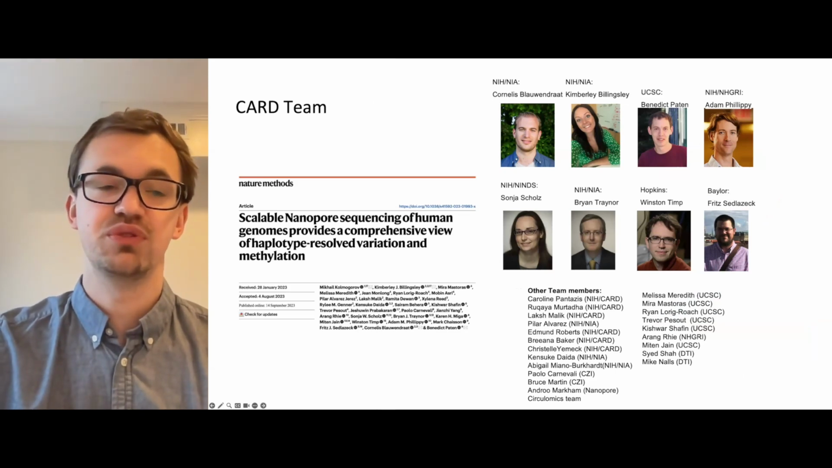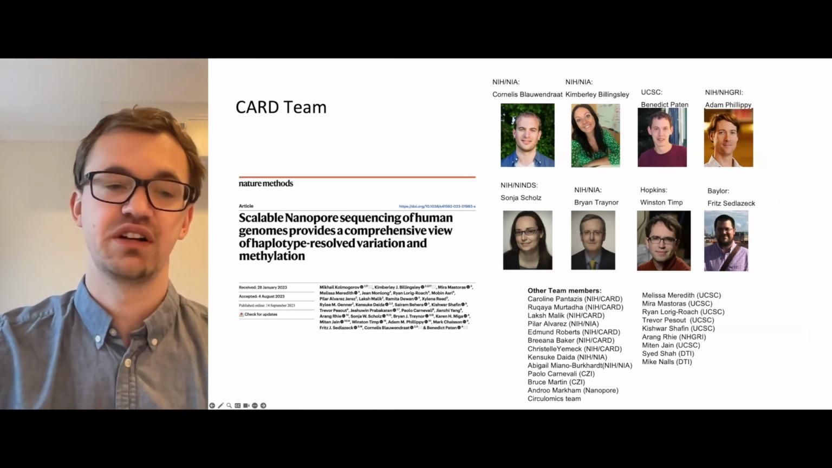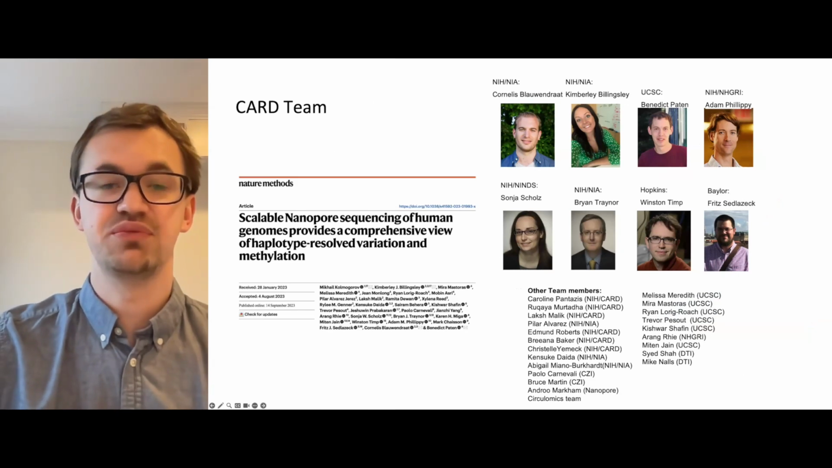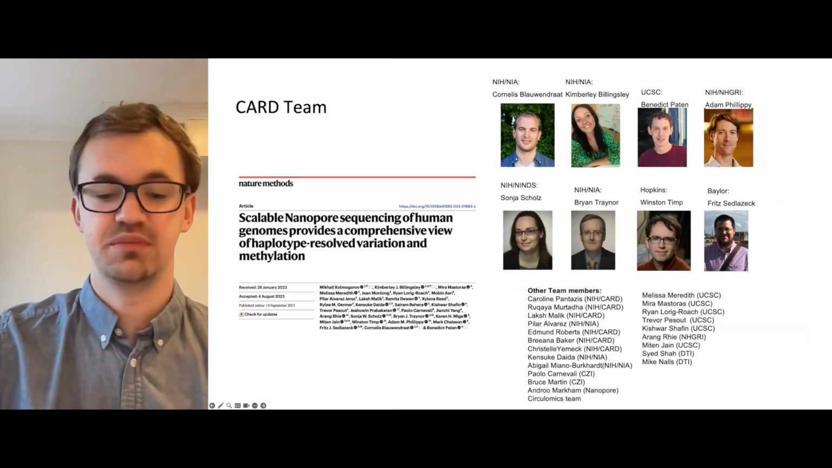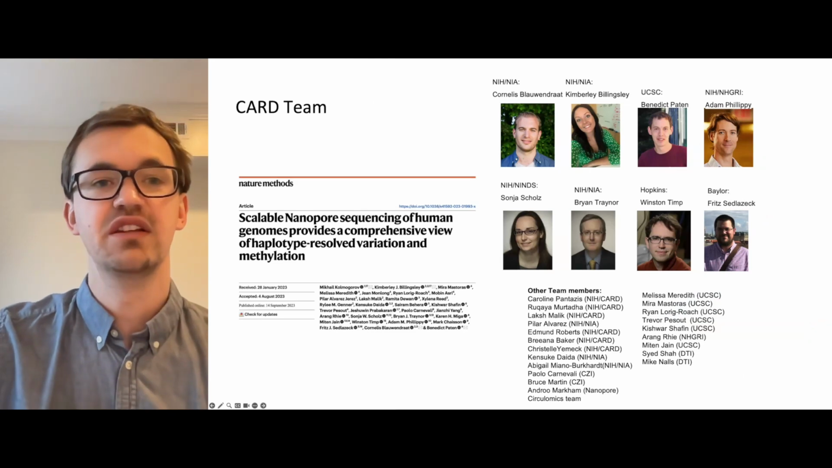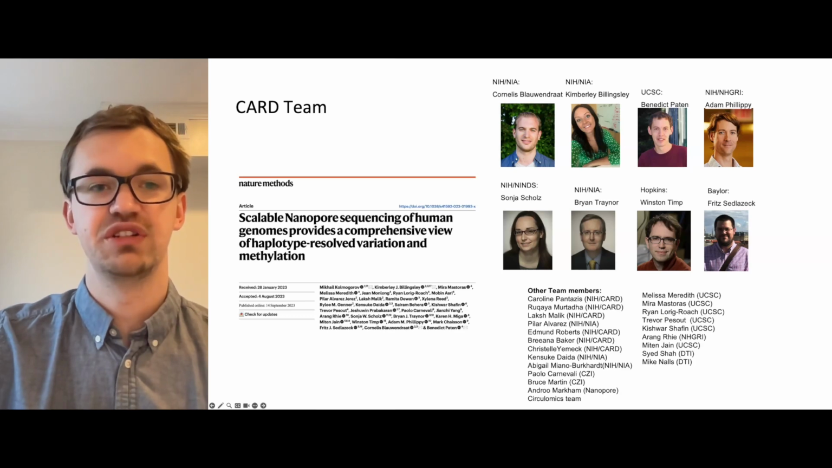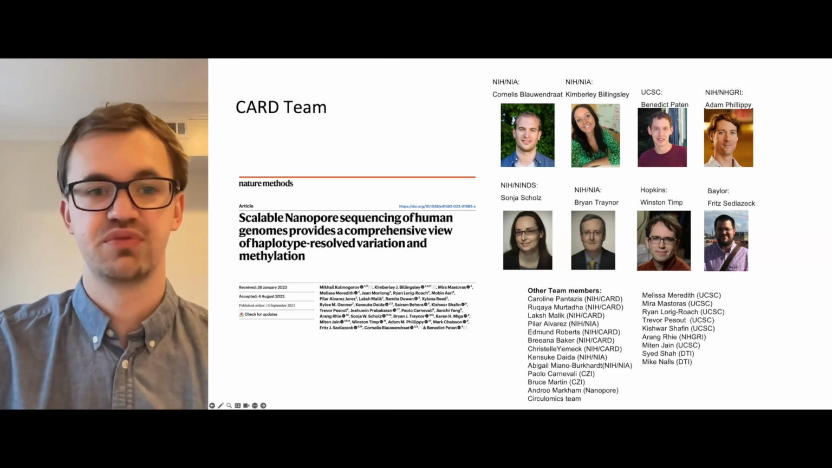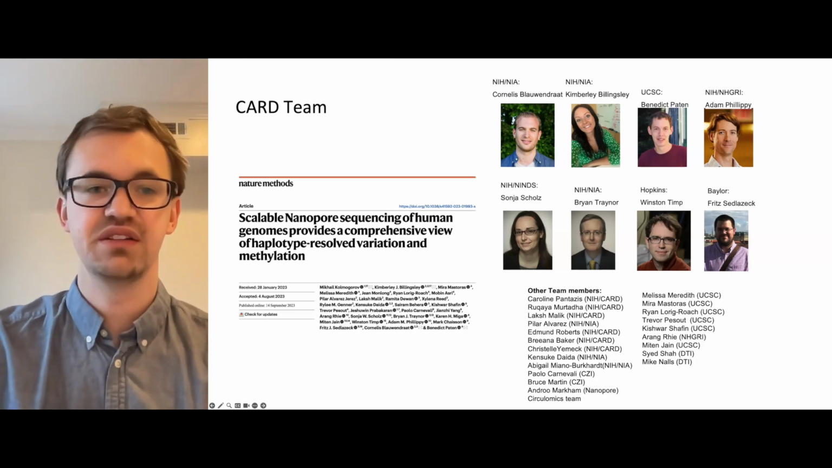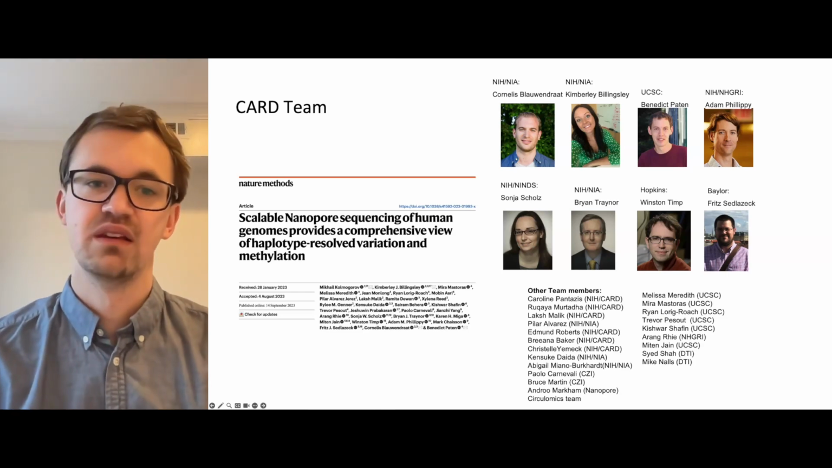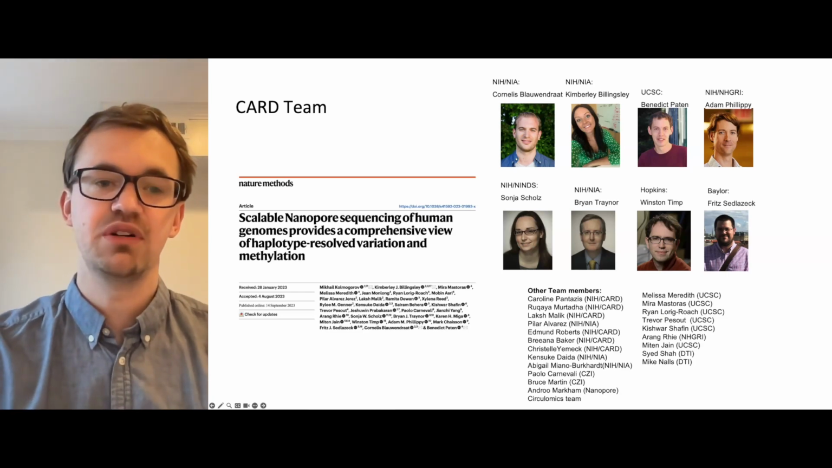So if you want to learn more details, I encourage you to check out this paper that you can see on the left. And I want to acknowledge the entire CARD team. This is a huge team effort. And in particular, Cornelis and Kim, who are leading the long-read sequencing initiative at CARD and really responsible for producing this amazing data and developing protocols. And speaking about protocols,